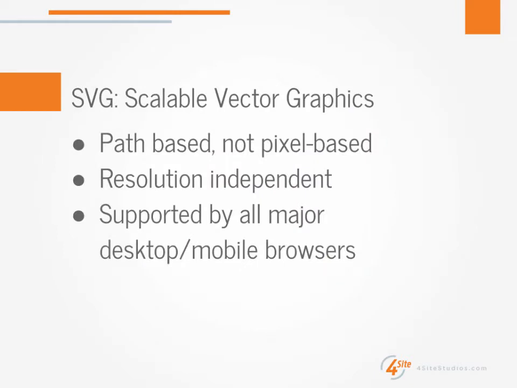So SVGs are scalable vector graphics. And by vector, that means that they are line or path-based. They're not dot or pixel-based. And what you can do is you can describe paths and shapes on an XY coordinate system. So you can say, go to X coordinate 20 and Y coordinate 50 and make me a circle of radius 10. That XY coordinate system is scalable, so it's not pixels, it's just units,